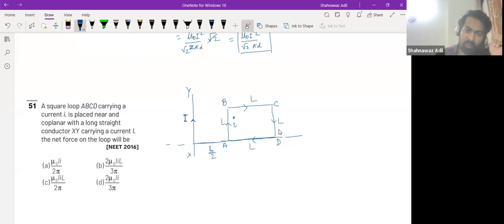What do I mean by coplanar? Let's say this is my current wire, and this is coplanar. This is not like this one or like that. So this is coplanar. They have the same plane. So now we have to find out